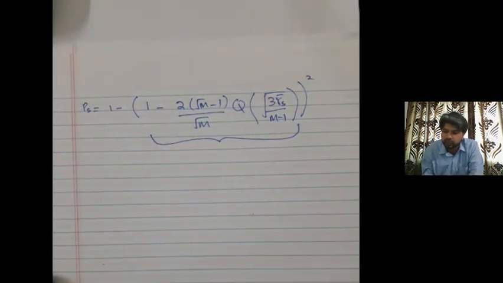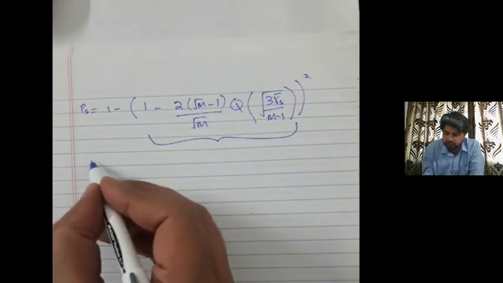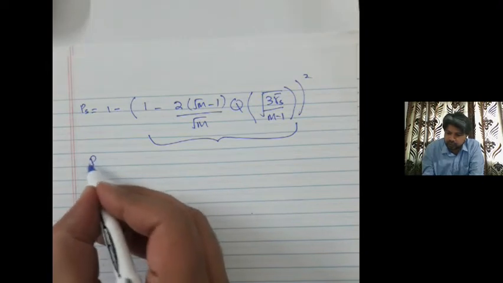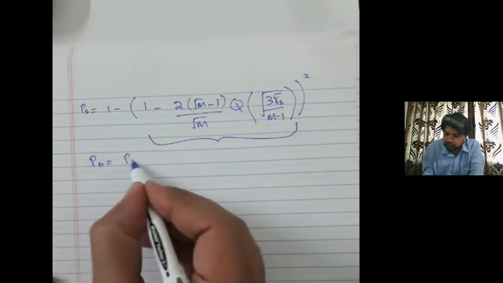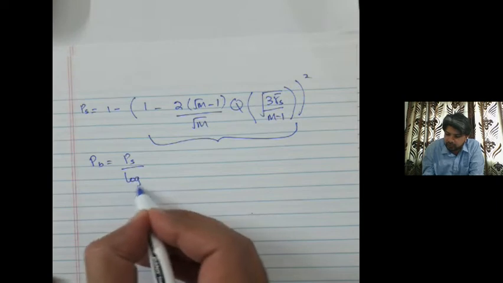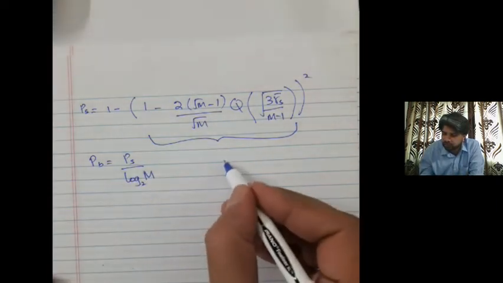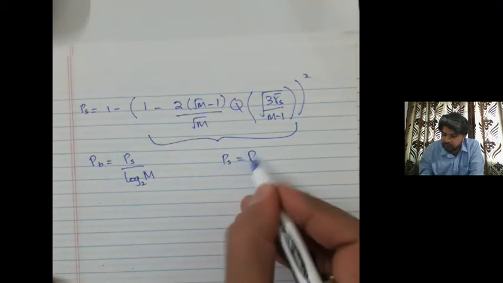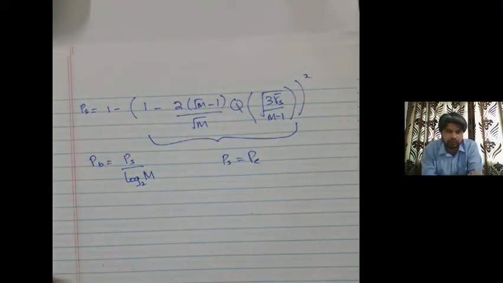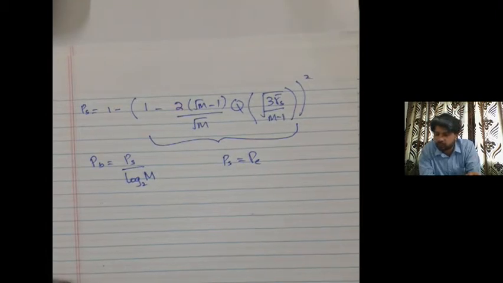And again, if you have Gray coded your signal, then your bit error probability would be nothing but your symbol error probability divided by log base 2 of M. Please note that in these videos, I have used PS and PE as synonyms. That is, both of these quantities denote the symbol error probability in a particular context. But there are other